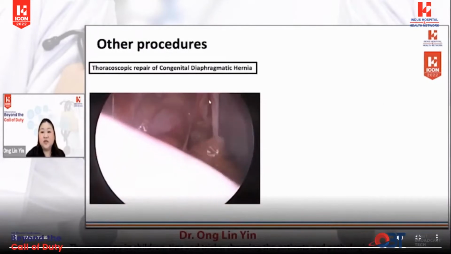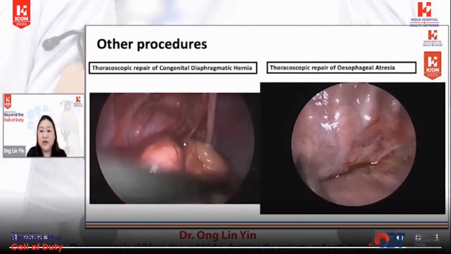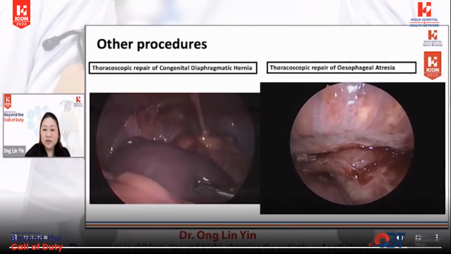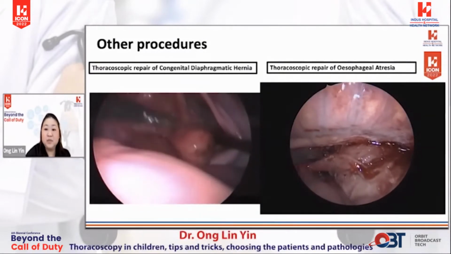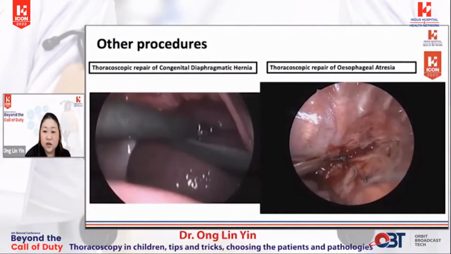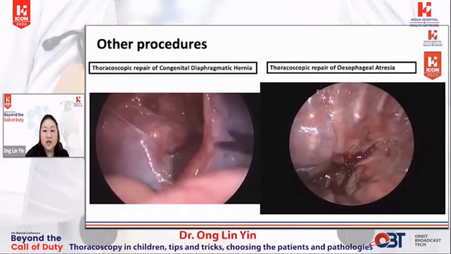There are many other procedures that we can discuss, such as thoracoscopic repair of congenital diaphragmatic hernia and esophageal atresia, but there are whole webinars by themselves dedicated to these things, and it's not possible to have a meaningful discussion on this platform. Through this talk, we have gone through clear benefits of thoracoscopy and emphasized important points about getting started,